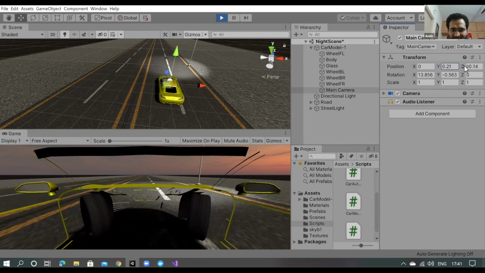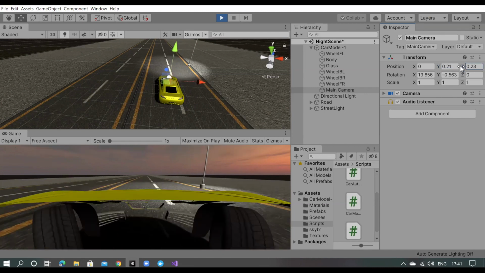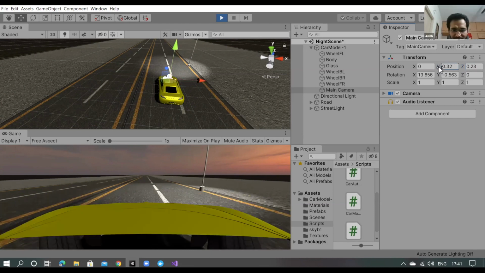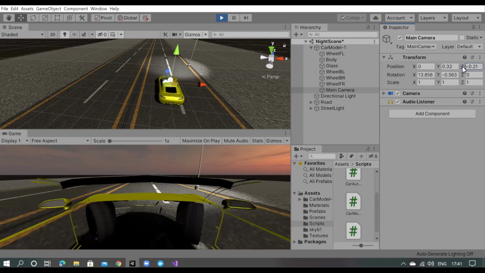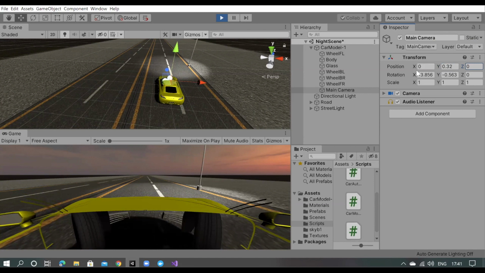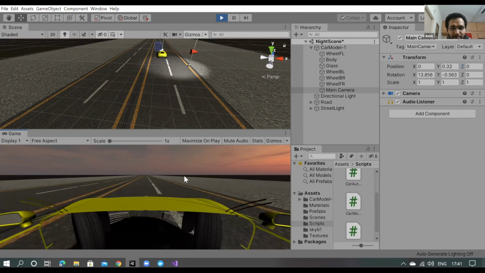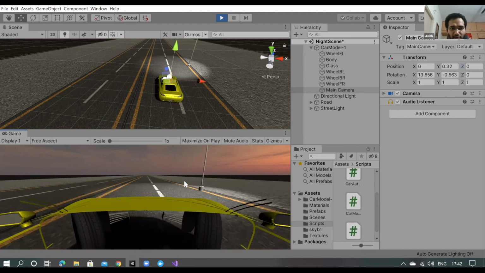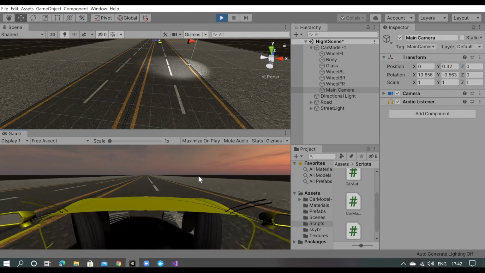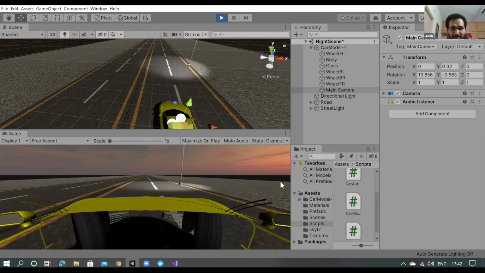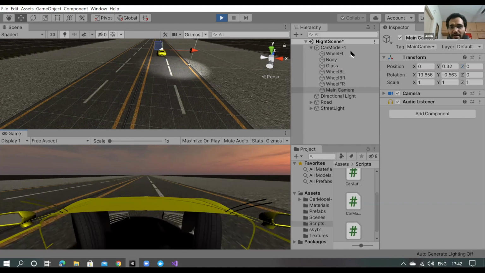You can play along, we can see these things. Yes, sir. So can we add a steering? Because in some games we play from inside the car. Yes, and you can do that too. After that you need some more extra coding because you need to move the steering as well. So you need some code to move that. Yes, sir. Okay, we can do that. We can do everything. We'll learn everything step by step, one by one. So you can play along with this. I just showed you, in the camera, when you add the camera as a child, you can change the position and set it wherever you want.